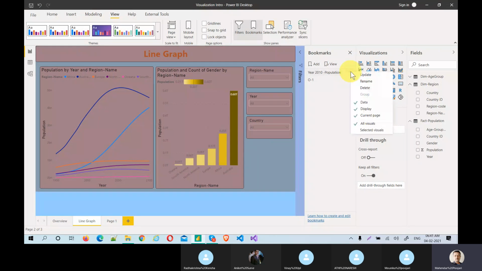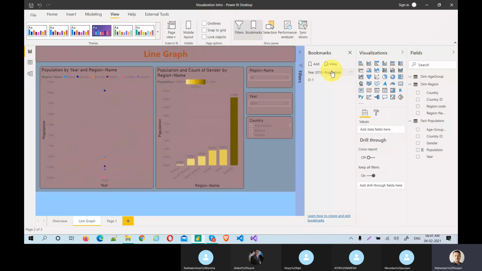Okay, just update the bookmark. This is one of the important things. Now, updating the bookmarks, we'll see all these options later, but for now, at any point of time, you can update the bookmark, and you can view them just by clicking this. Once you click this, bookmarks will apply here. You can just go back and forth, just like a PPT.